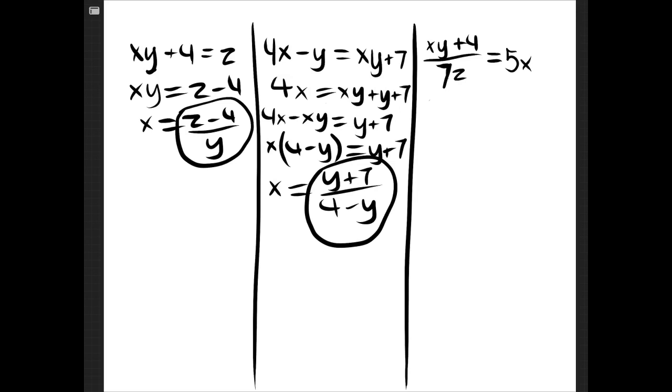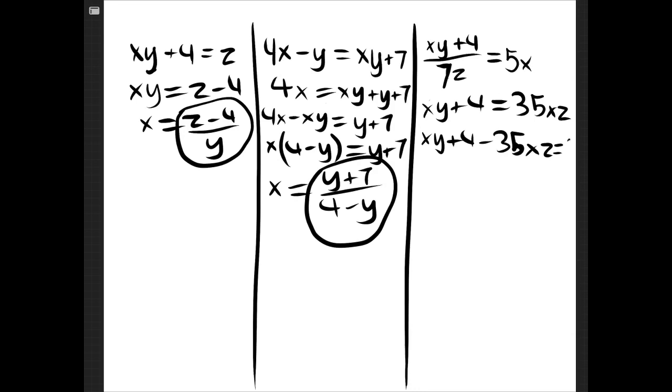So for this last problem, it's a little bit trickier, but you can still get it. Basically there's just more stuff to do before you actually get the answer. Now, the first thing we're going to do is, because there's a 7z at the bottom that's just sitting there, we don't need that. So we have to multiply both sides by 7z. So we have xy plus 4, and then 5x times 7z would be 35xz. And then we're going to bring the 35xz to the other side. Then we have xy plus 4 minus 35xz